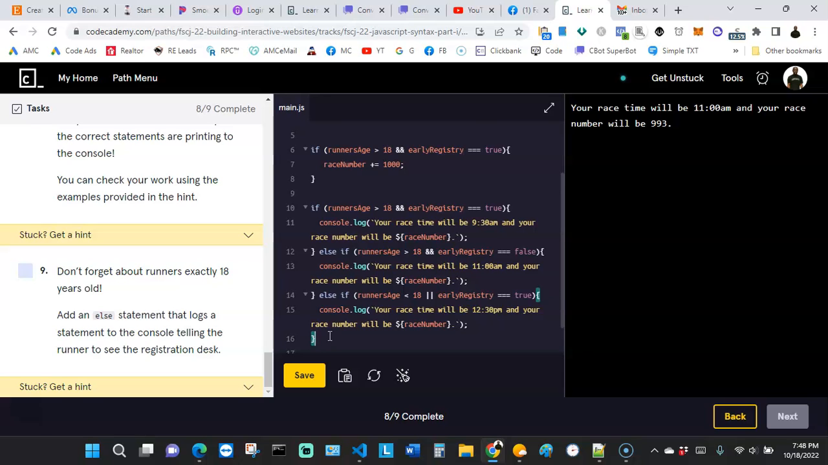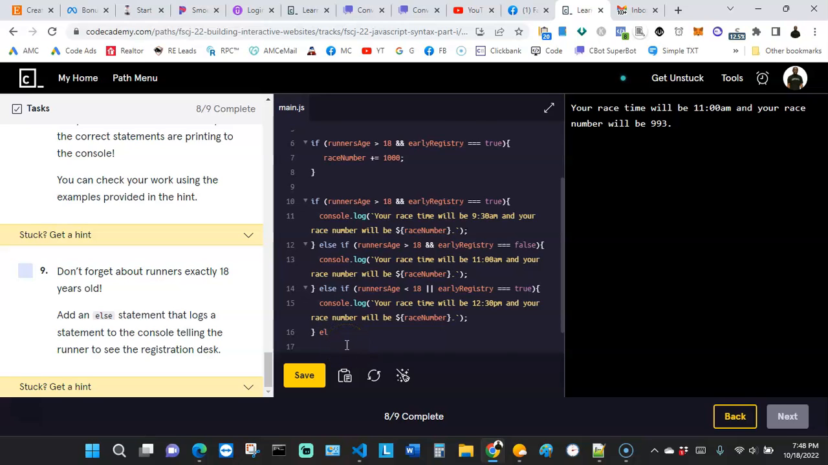Okay, so we're saying that if any one of these conditions are not met, then we want an else statement, which you can call the default or fallback statement. We want the else statement to print. All right, so it says add an else statement that logs a statement to the console telling the runner to see the registration desk. Okay, so let's say that